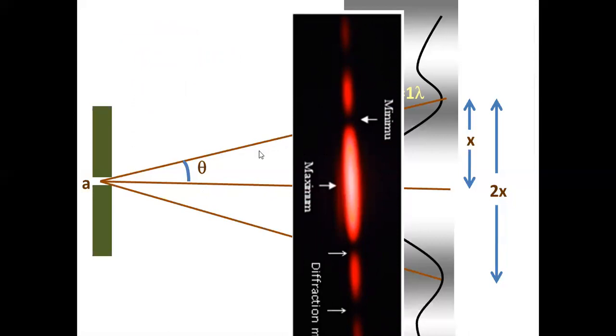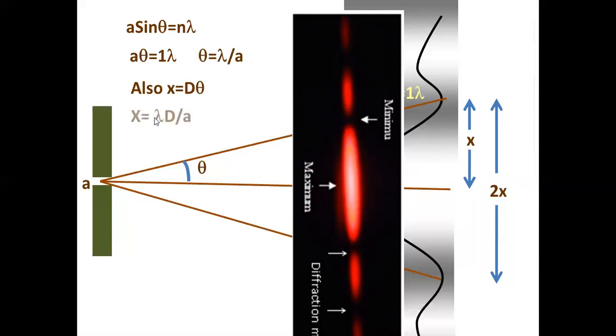If you want to find out the angular width of the central maximum, how much angle it creates at the eye, take the half angular width. If this is theta, where is the first minima? Up to that we have the central maxima. Apply a sin theta equals n lambda, but n is 1 for the first minima, and theta is very small. So a theta equals 1 lambda, and you have theta equals lambda by a. And if you want the full width, 2 theta equals 2 lambda by a. And the linear width x of the central maximum is equal to d theta. Substitute for theta: x equals d lambda by a. So for next, when we work out problems, this is very much needed.